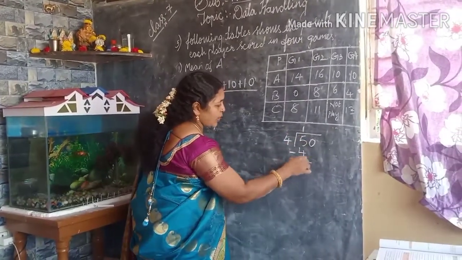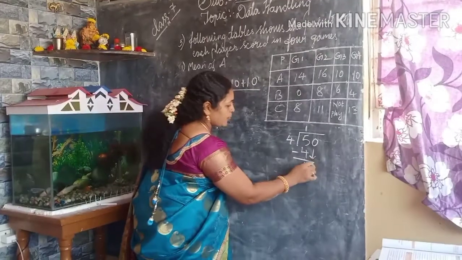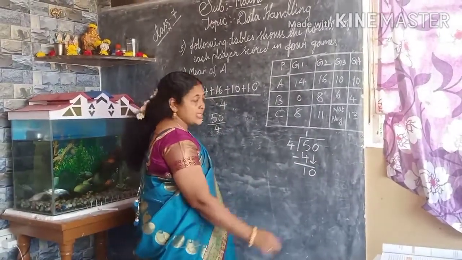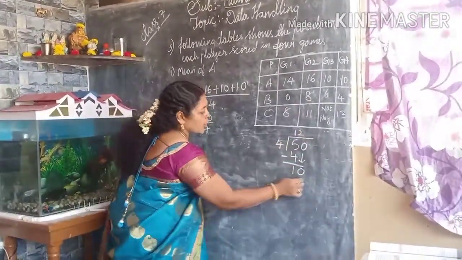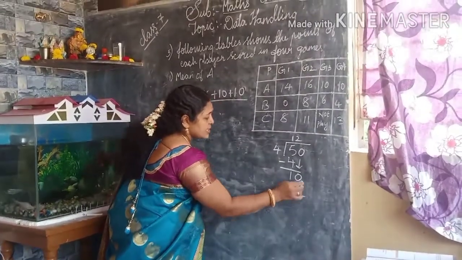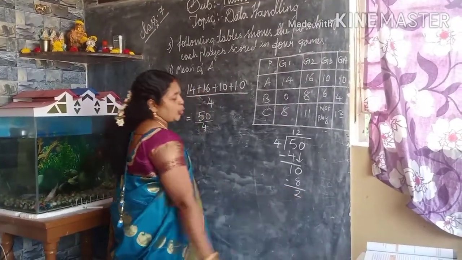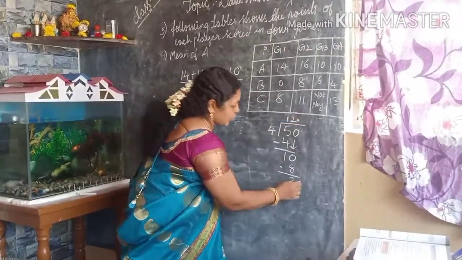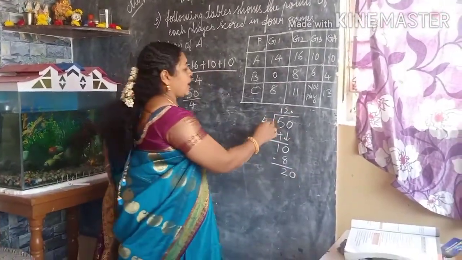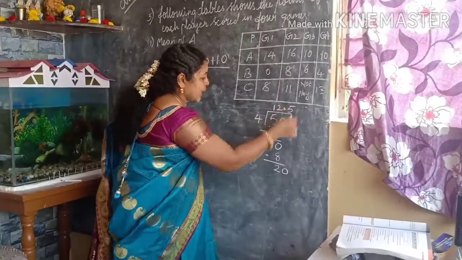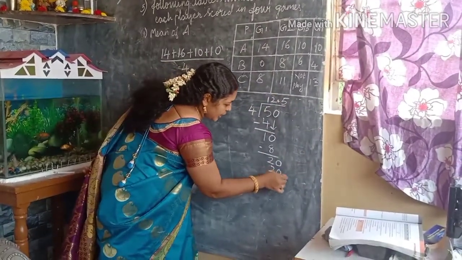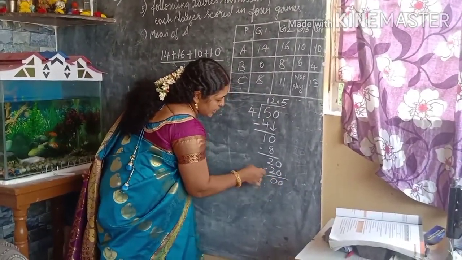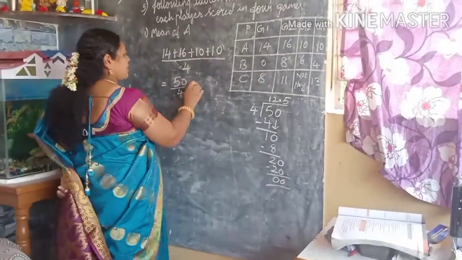Subtract. You get 1. Take the 0 down. 10, 4 doesn't go in 10 evenly, so we take 2. 2 4s are 8. Subtract. We get 2 here. Because 4 doesn't go in 2, we put a point and bring a 0 down. And 4 5s are 20. When you subtract, you get 0. So here the mean will be